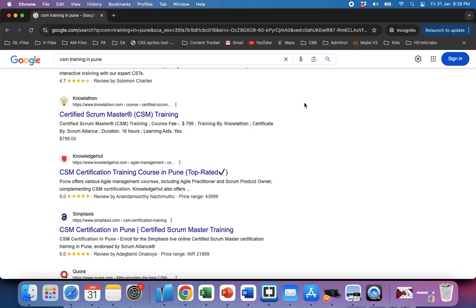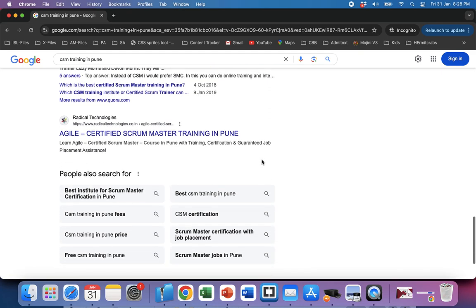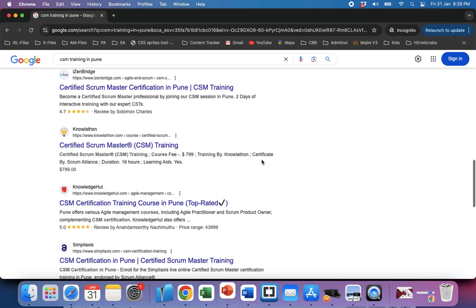Any text or piece of information that triggers the user to click on your result is called a CTR trigger, correct? Now this varies based on the industry. If it is a job-oriented course, telling 100% placement will work fine, but the same will not work for certification programs like CSM certification. They are not looking for placement, they are probably just looking for exam passing. They just want to own the certificate, correct? Or maybe something like top rated, number one in the country, or number one in Bangalore, right? That is called a CTR trigger.